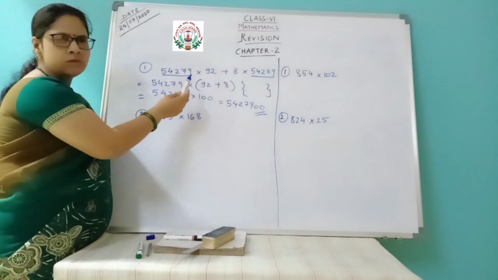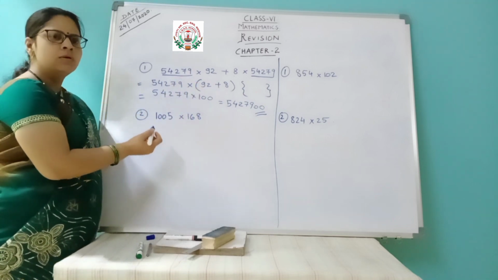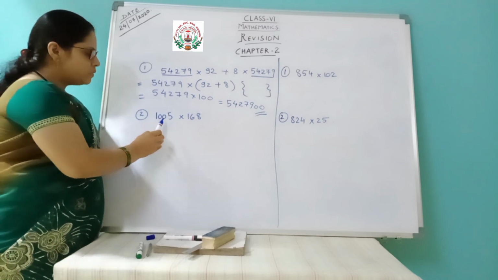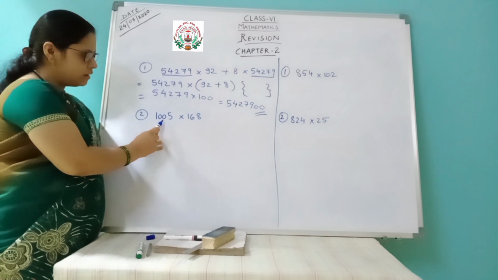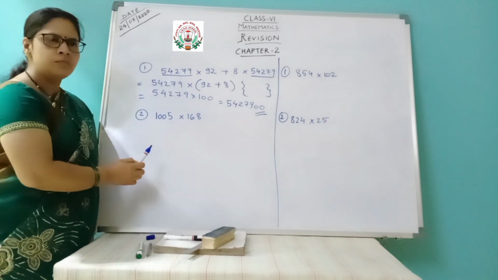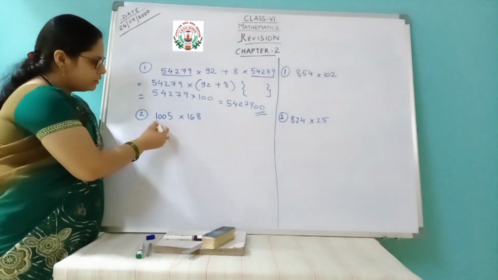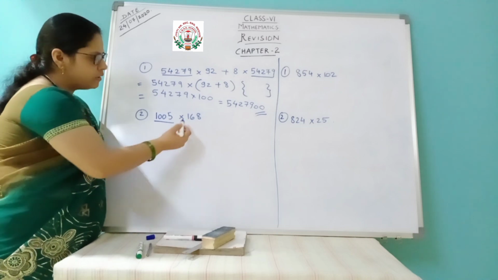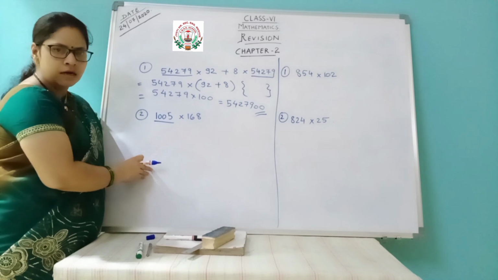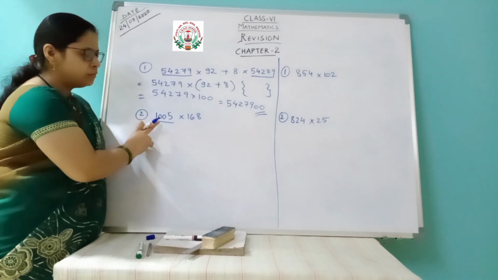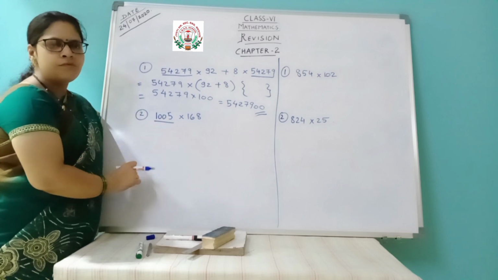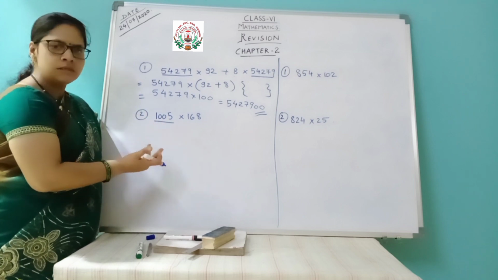Now this is one way of using distributive property. Here we are going to use the same property in a different way. How are we going to use that? Either you can use the distributive property here, 1005, or this is 168. We can separate 1005 or 168. If you do 100 plus 68, multiplication by 68 you have to do again. Better than that, if you separate 1005 into 1000 and 5, the table of 5 you can multiply very easily, and for 1000 you just put 3 zeros.